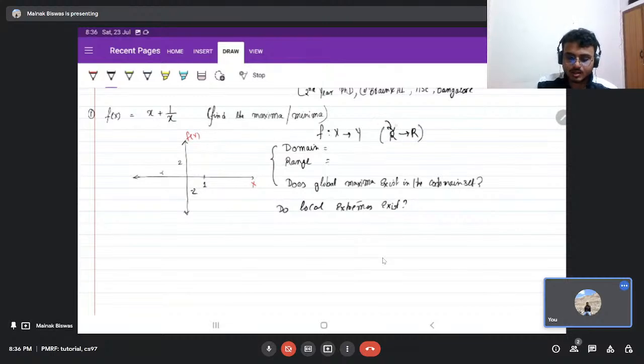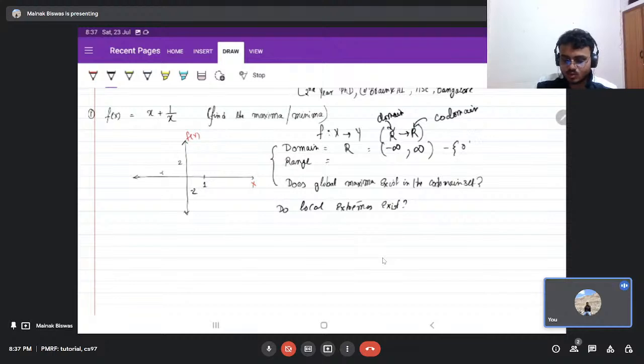So this is the domain and this is your codomain. And we all know that the range is a subset of the codomain, which values the function can take. So we can clearly see that this function takes values in R, that means minus infinity to infinity,